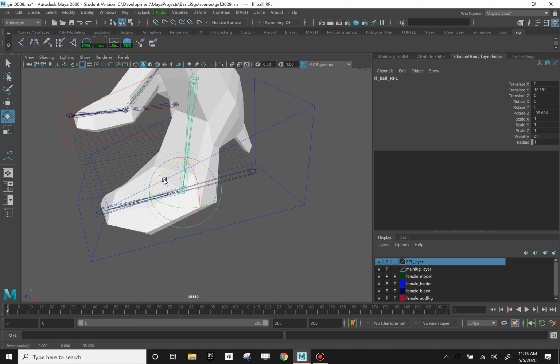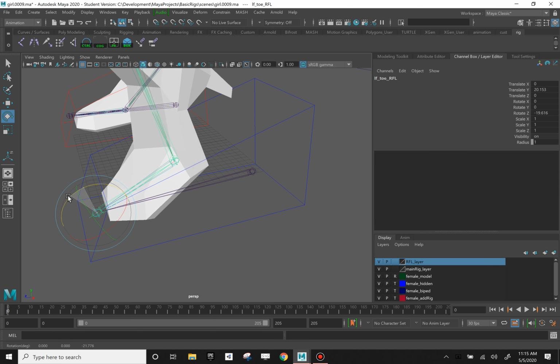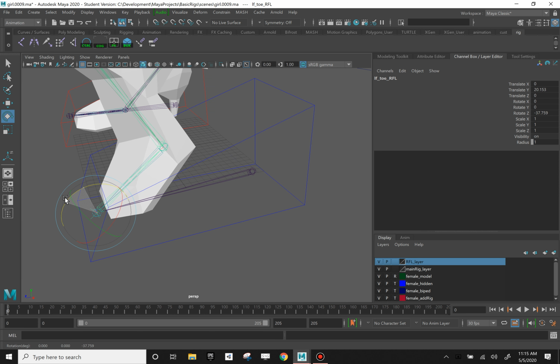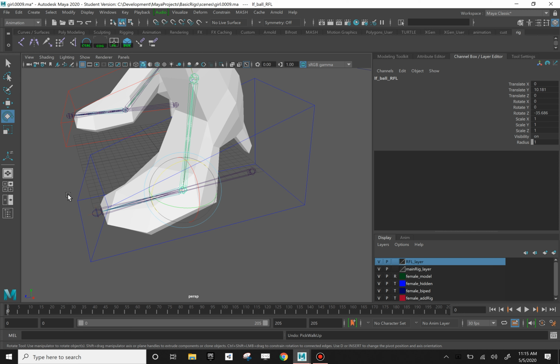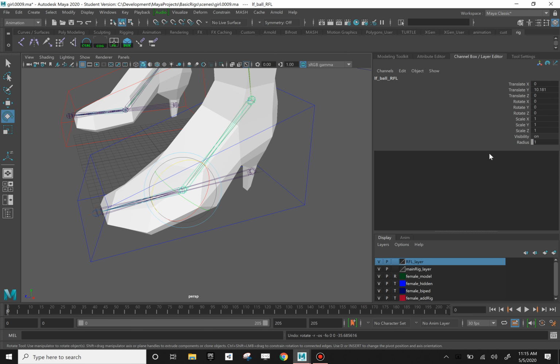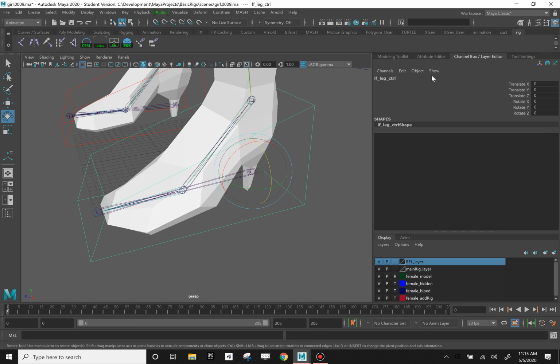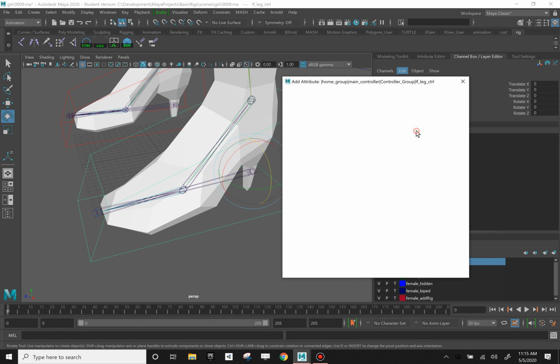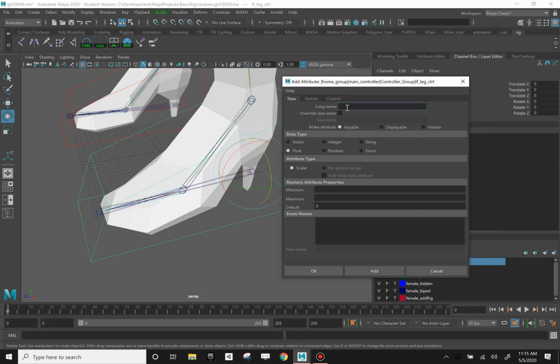So once you're here, eventually you'll go up on sort of the tip like this. So we'll control that however we decide we want to control it, but it's just going to be one control. So we'll go ahead and call it RFL, or foot lock or something like that. Foot roll is actually a good name for it. So let's add a new attribute to this box. Okay, so edit, add attribute. This is going to be foot roll,